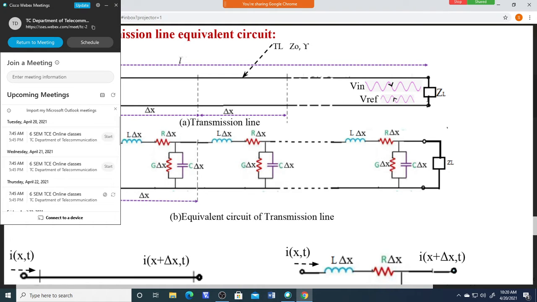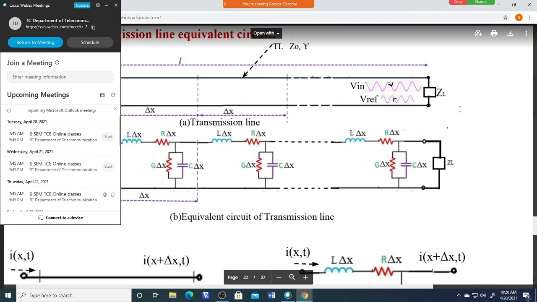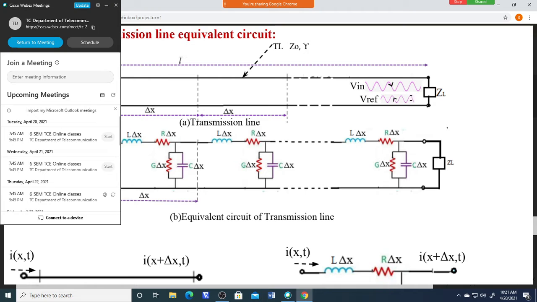The amplitude and phase of this reflected wave depend upon the value of ZL, that is, how much will be reflected back. There is an equation that you can calculate with. If you know the ZL value and Z0 value, we can calculate how much reflection will be there and what is the phase of this reflected wave. All those things we can calculate.